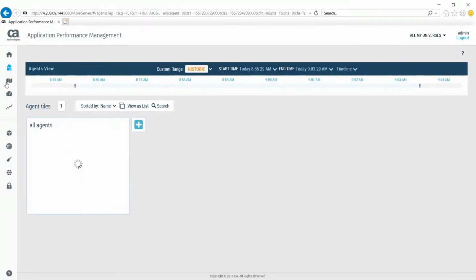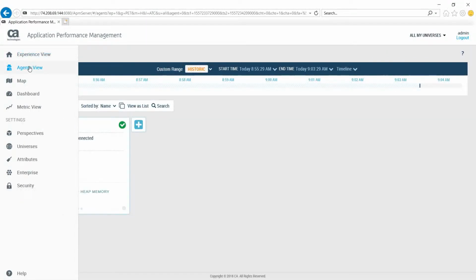Okay, so let's go ahead and go back. So that's the agents. I like the agents view. It's very new. Again, in the older days, we had to build dashboards to help us look at heap and things like that. And as admins of APM, it was very important to make sure that all your agents were running properly. Now, as an end user, as an application owner, if you have someone on your team who is